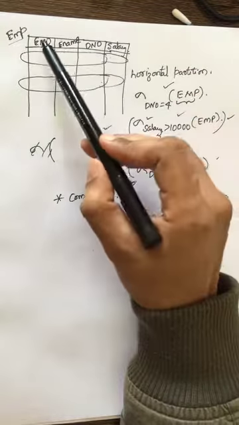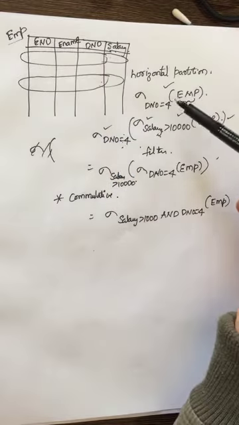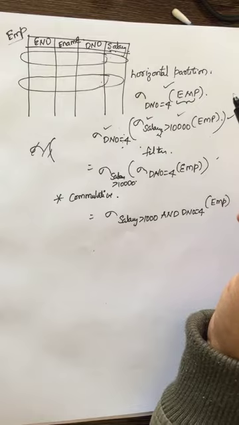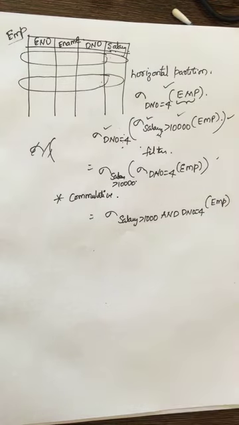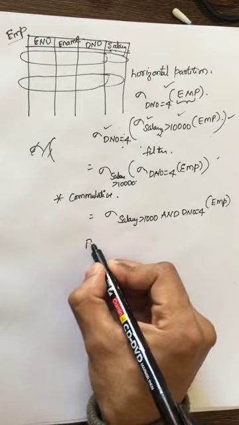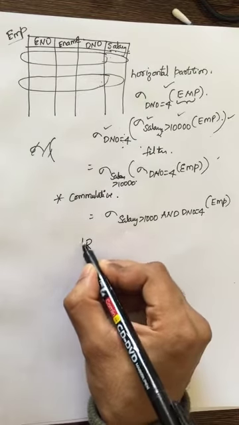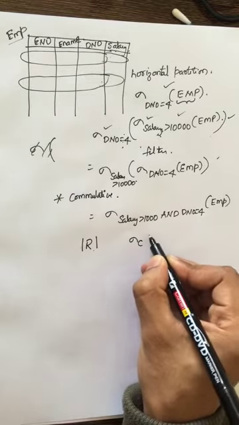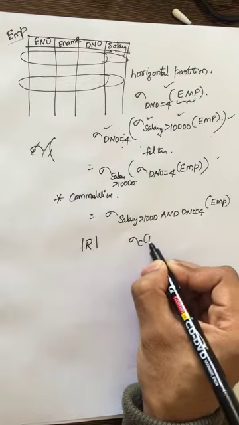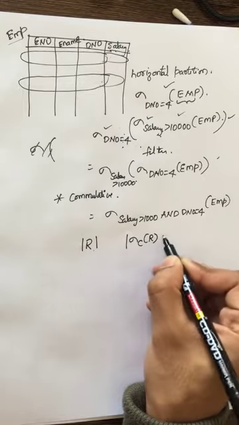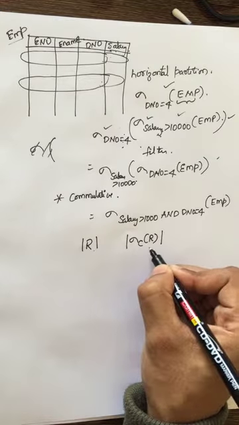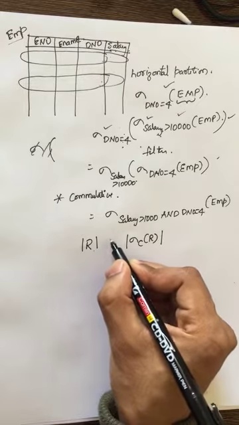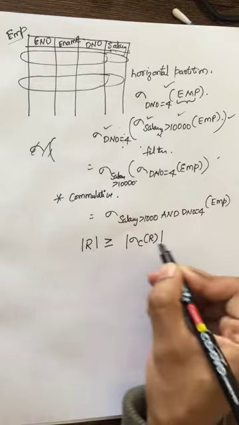If the given table has four columns, then after the select we also get all four columns. The number of columns doesn't change, only the number of rows changes, right? So if you have a relation R, and let us say |R| represents the number of tuples in the relation, then if you apply a select condition on that relation and get a new relation, and let us say this represents the number of tuples in the new relation, what will be the relationship between these two? The original will always be greater than or equal to the new one,